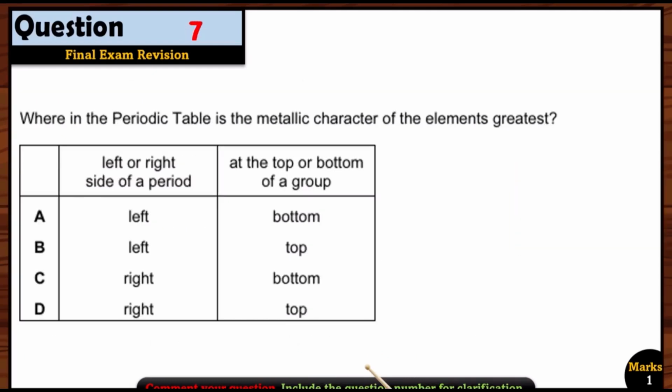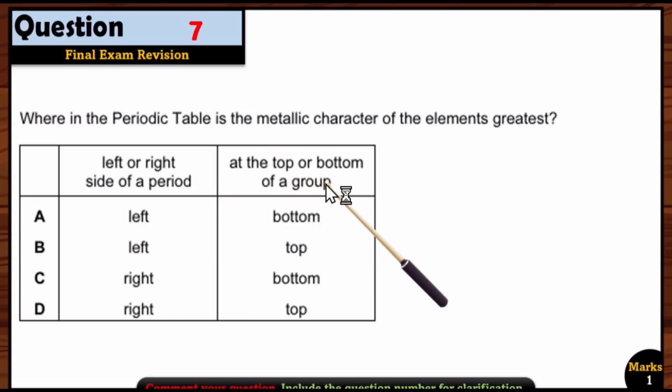Let's see question 7. Where in the periodic table is the metallic character of the element greatest? So where is it greatest? Of course, on the left side, because on the left side we have metals. So left or right side of the period? Of course, left. So A or B can be right. What about the bottom or the